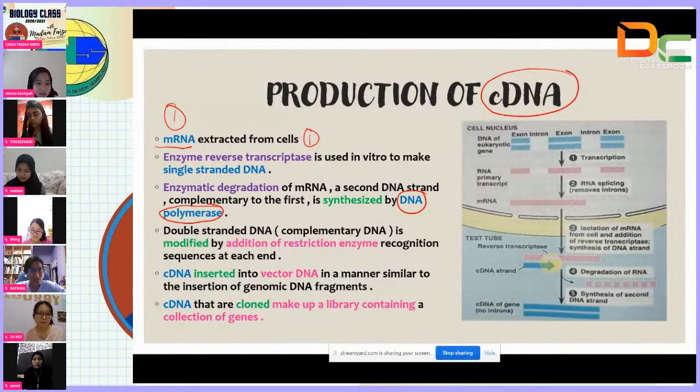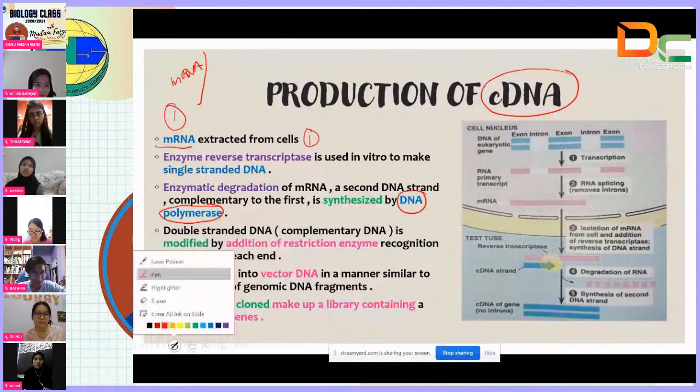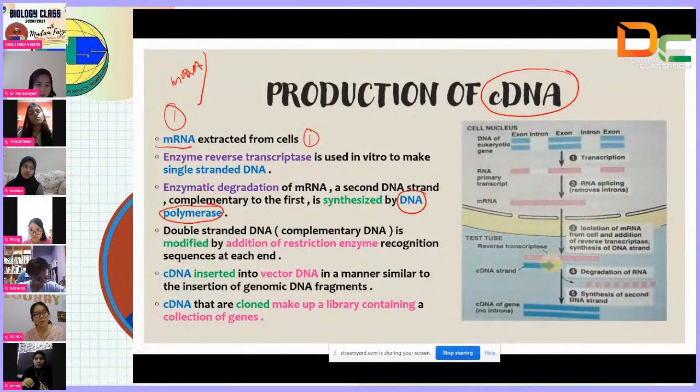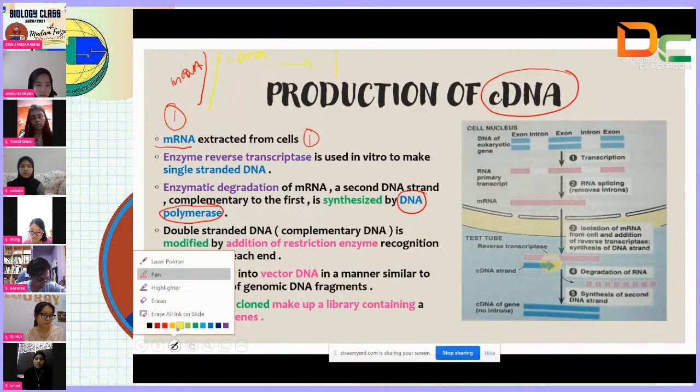Ratika, what happened to the mRNA just now as a template? So we have mRNA, right? Am I right, class? Okay, mRNA, and then catalyzed by the enzyme reverse transcriptase, we produce the single-stranded cDNA. Am I right? Okay, so this single-stranded cDNA, catalyzed by DNA polymerase, will produce another strand of